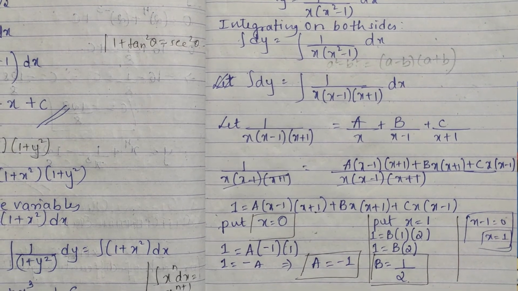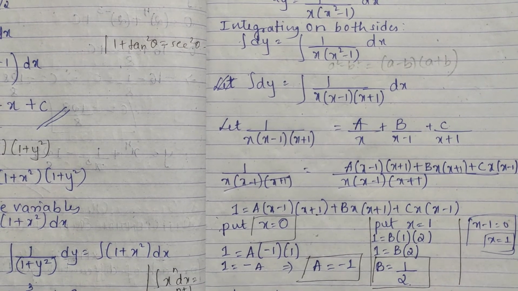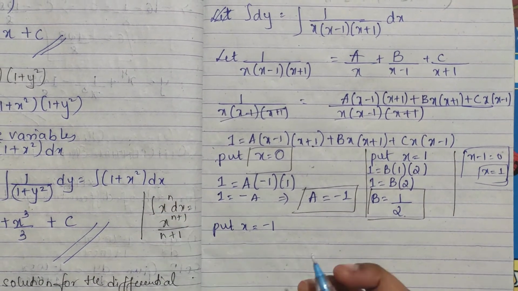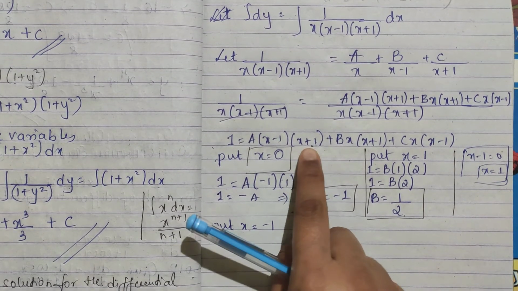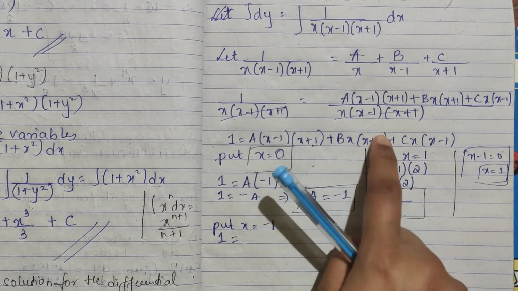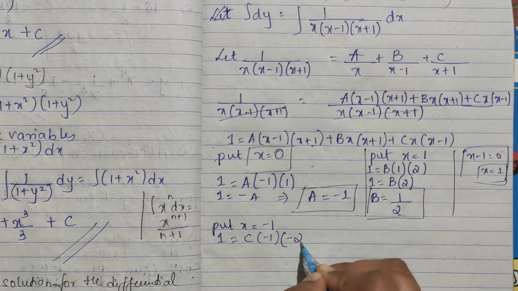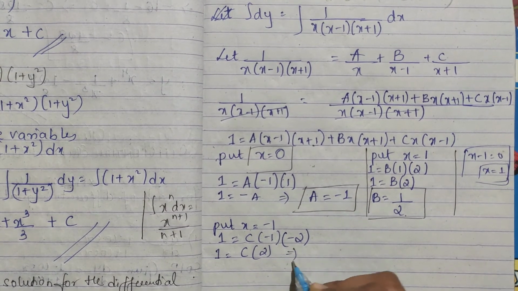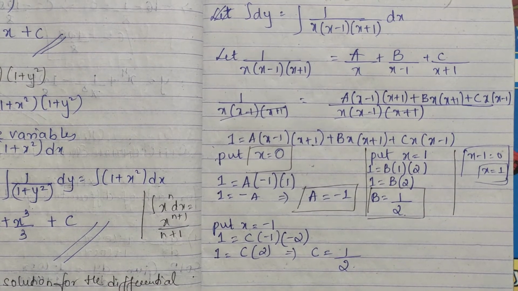Now we will check for c. For c, what do you have to put? Put x equal to minus 1. Considering this only you have to use it, okay? You have studied this partial fraction. So 1 remains as it is, constant. Here if I put minus 1 plus 1, it becomes 0, so the a term becomes 0. Here minus 1 plus 1, b also 0. So I will be having only c, (minus 1) into (minus 1 minus 1), which gives minus 2. So c will be 2 ones are 2, minus into minus becomes plus. So c is equal to basically 1 by 2 only.